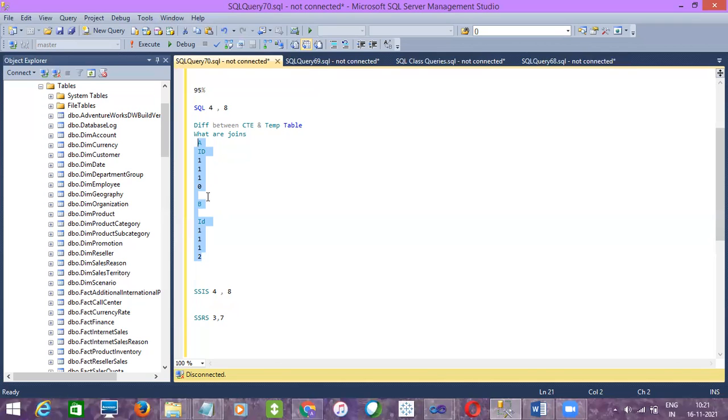So how to fetch records from table A which are not there in table B? First tell me the output. What will be the output for my question? I want to retrieve only data from table A which is not there in table B. ID 0.